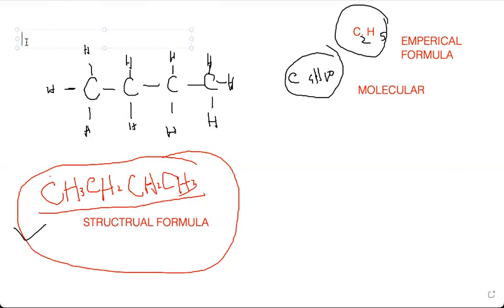Because I have already told you what a structural formula is, which gives you the detail of a structure. So what about the above one, in which you can see all the bonds, where carbon makes a single bond with hydrogen, and carbon makes a single bond with another carbon? This is called the displayed formula.